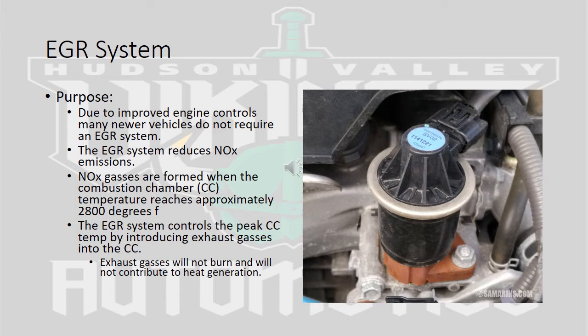Now, NOx gases are formed when the combustion chamber gets really hot. We're typically looking at around 2,800 degrees Fahrenheit, so really, really hot. At this temperature, the nitrogen, which is in the air, it just exists in the atmosphere. And when we pull in the air for the air-fuel charge, the nitrogen comes in. Usually it goes through the combustion process, cruises out through the exhaust system, through the catalytic converter, back into the atmosphere. When the combustion chamber gets super hot, 2,800 degrees Fahrenheit, that nitrogen will actually react with the oxygen